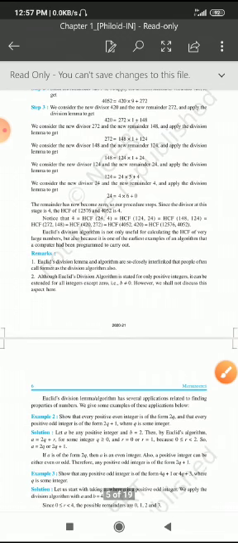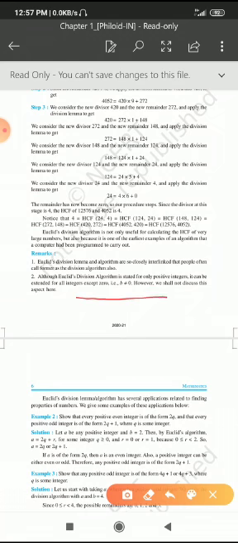So both are nearly the same, and although Euclid's division algorithm is stated for positive integers, it can be extended to all integers except 0, that is, b is not equal to 0. However, we shall not discuss that. See, we can find it not only for positive integers; for negative integers also you can divide.